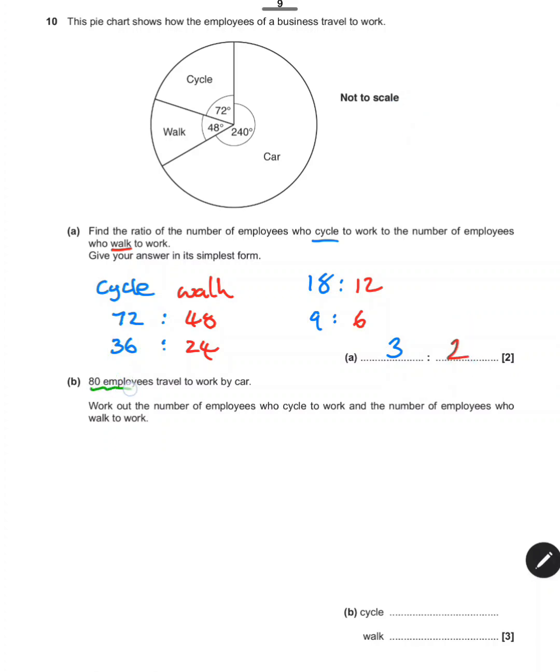Part B says 80 employees travel to work by car. So this 240 degrees is 80 employees. So let's write that down. And what we want to do, if we can, is see how many degrees each person takes up. So I know that 8, 16, 24. 24 is in the 8 times table. So I can quickly say 8 people is 24 degrees, just dividing both sides by 10. Then if I divide both sides by 8,